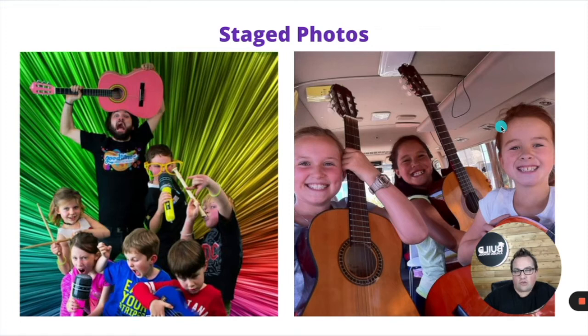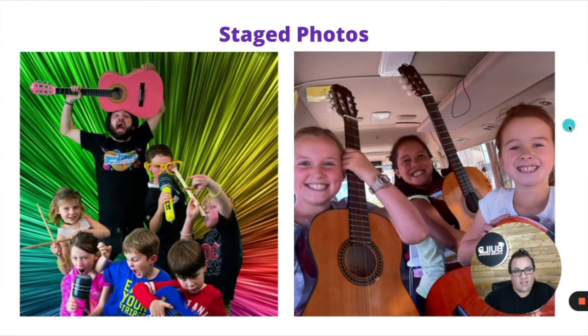I mean, that's a good thing you can do, because you'll get those concentration type shots where people are really genuinely learning, concentrating. But you actually want some staged photos. Like, hey, I want you to hold the guitar. I want you to smile, because that's the type of photo I want. So actually stage it. Tell people what you want.